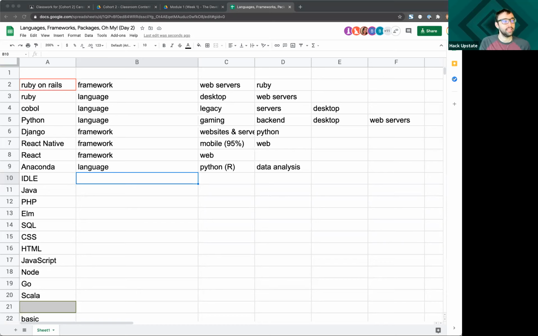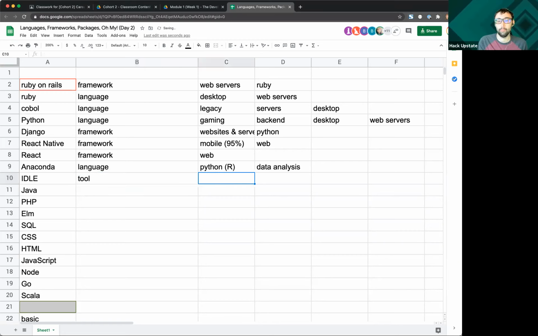If it helps at all, it is related to Python, but it is not anything that we've already put on the list. So we've talked about frameworks, we've talked about languages. What else does a programmer really need? Development. Yeah, so it's a development tool. It is a code editor. When we think about writing code, we need some program to put that code into. And it is Python specific, and it runs on desktop.